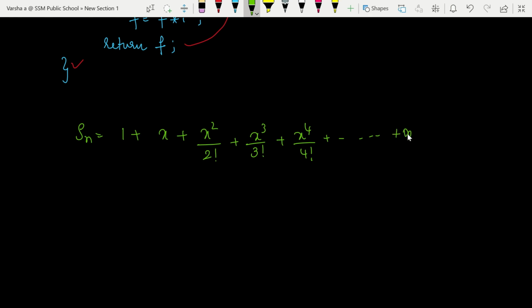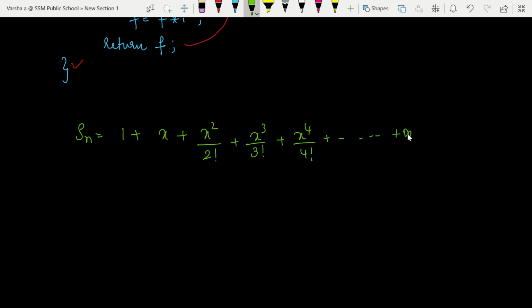If you observe, there is a pattern. 1 can be written as x power 0 by 0 factorial, x can be written as x power 1 by 1 factorial, right? Then we have x square by 2 factorial, x cube by 3 factorial.